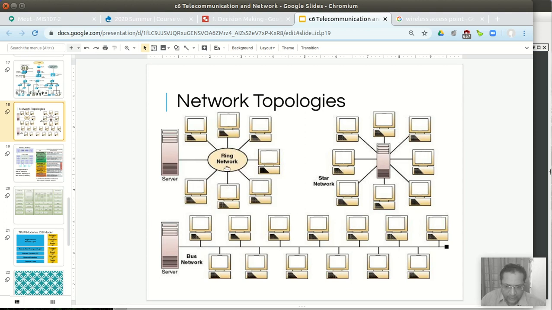Compared to a ring network, often if the connection breaks over here, the network still works, because even if we had a break here, this one can connect all the way over here. If two connections break, then maybe you have a disconnect. So the ring network is much more reliable.